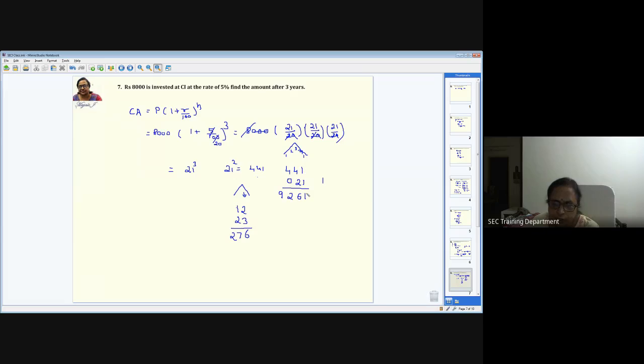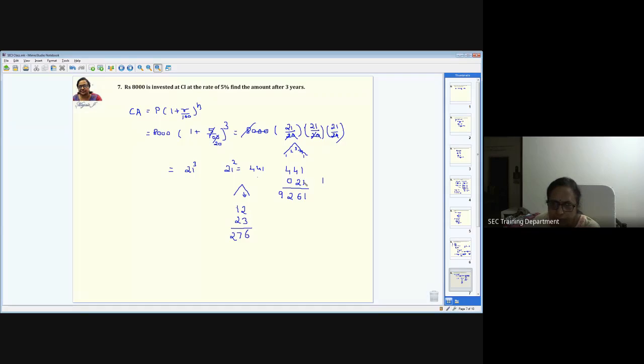So here 1 into 1 is 1. Then when I do 2 multiplication, I don't have to tell this multiplication. I'll just tell the result alone. That is 4 into 1 is 4 plus 2 into 1 is 2. So 4 plus 2 is 6. Okay, then when I go for the 3 multiplications, I will take the last extreme to this extreme, then here, then here. It's just shifting.